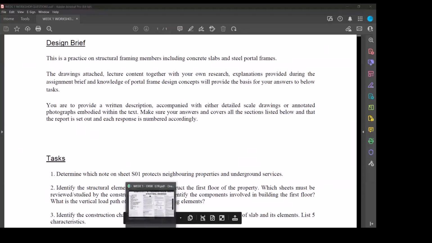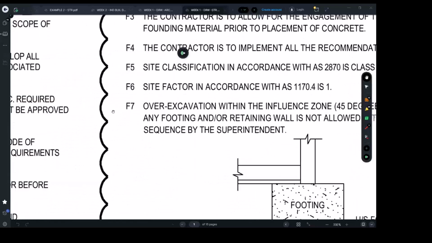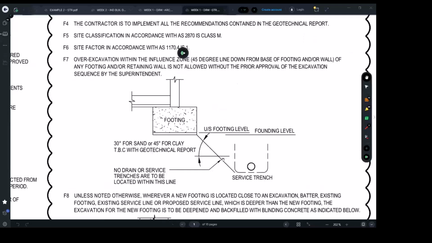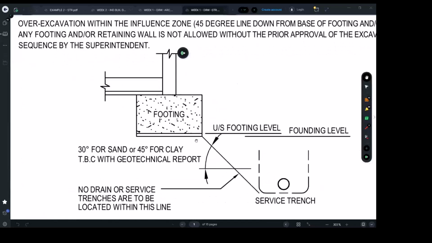Let's have a look together. Footing note, so F number 7. Perfect, that's the one. You can see here it's telling us simply, usually, if you're building something new, you're going to have a footing, and sometimes we have some blinding under the footing. Then, based on the soil report, there is an angle of repose. Now, what does this represent? It represents how the building or the footing is